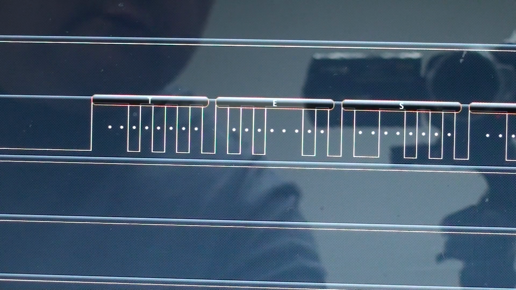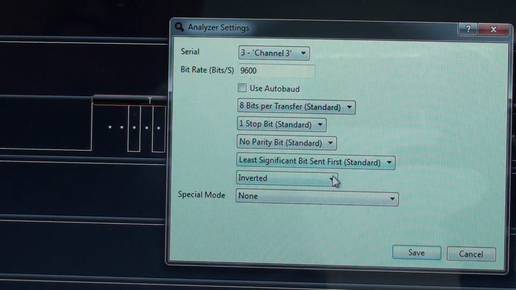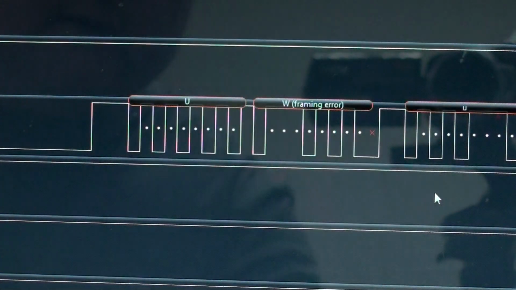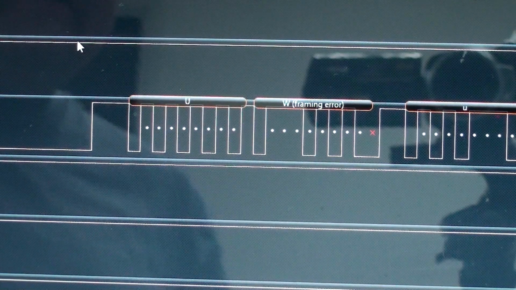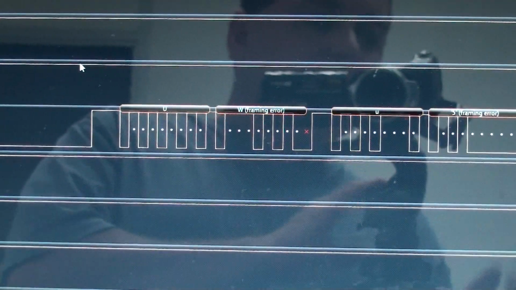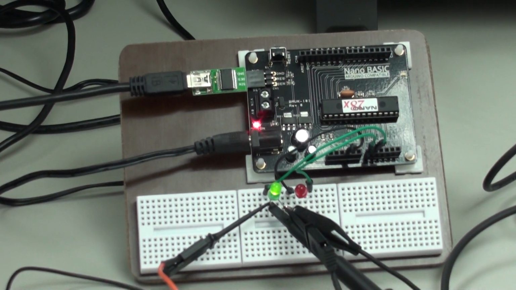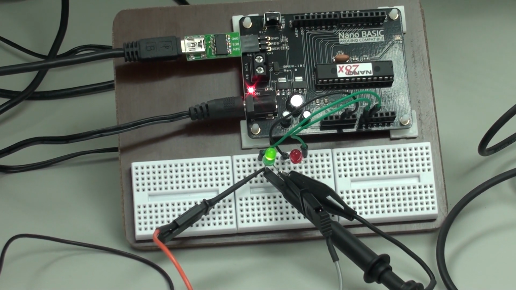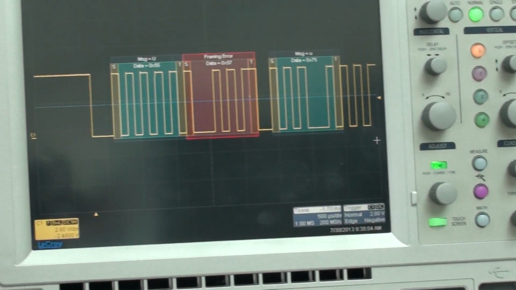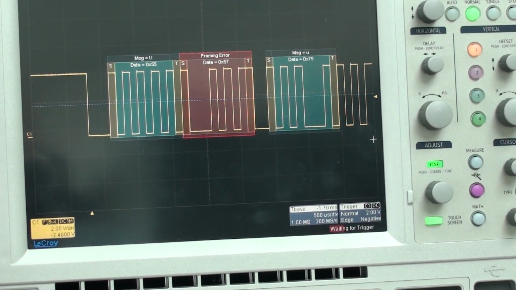work in normal mode. So edit the settings, and this time instead of inverted we'll go to non-inverted. Okay, now that's coming up with a framing error because it's not actually the correct format, but the program is now running on the board, and as you can see now that output line is permanently high, which is the green LED. On the original Logic Analyzer that's now giving us framing errors because it's actually inverted to what